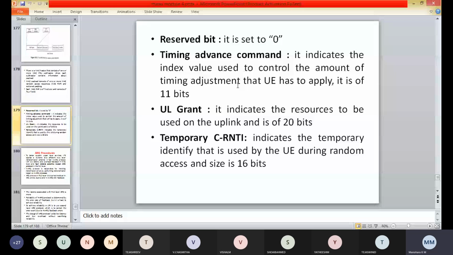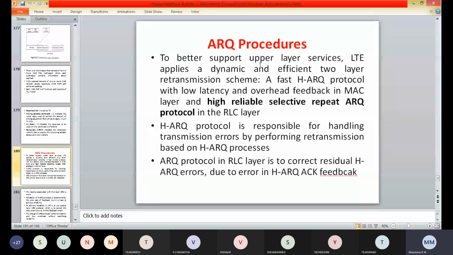The HARQ protocol is responsible for handling transmission errors by performing the retransmission based on the HARQ process, with incremental redundancy or chase combining, which is handled by the physical layer.